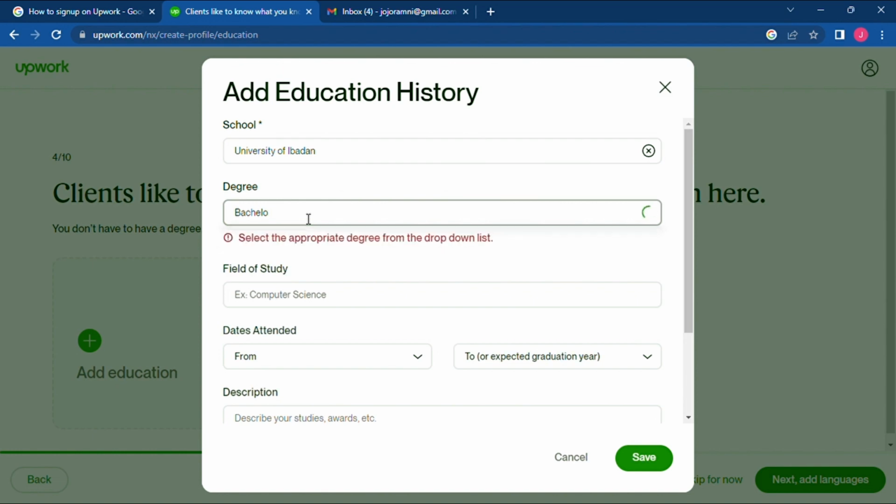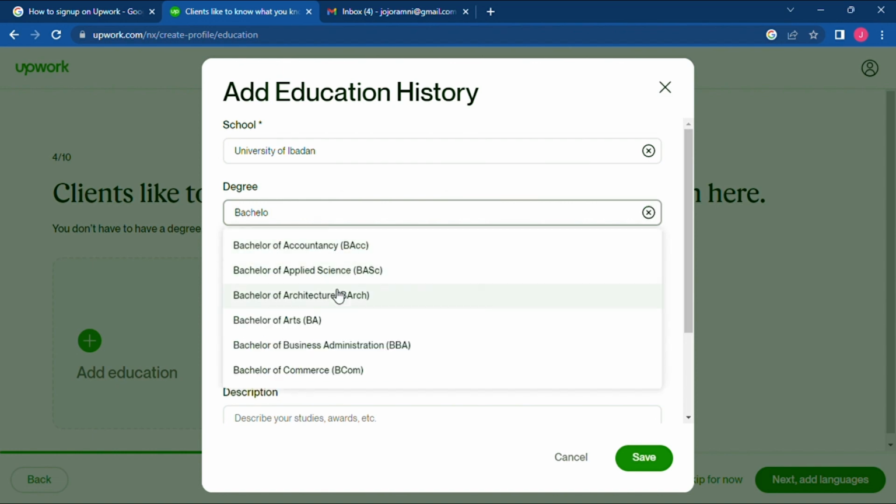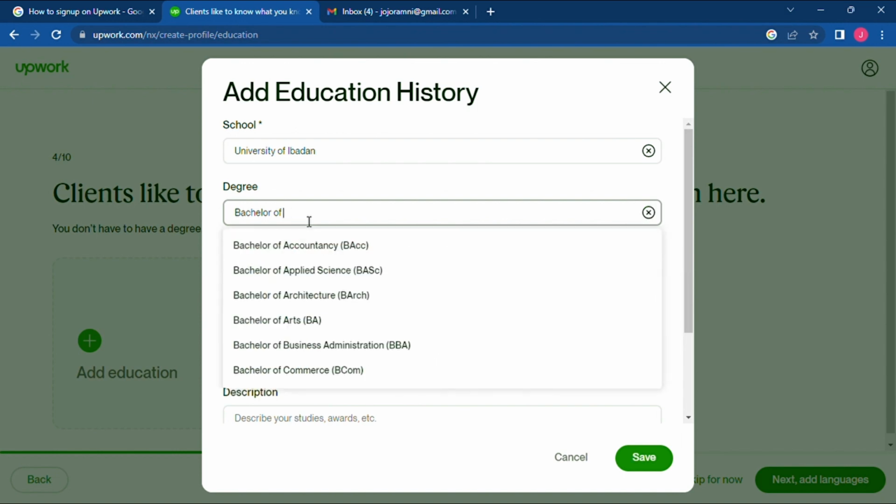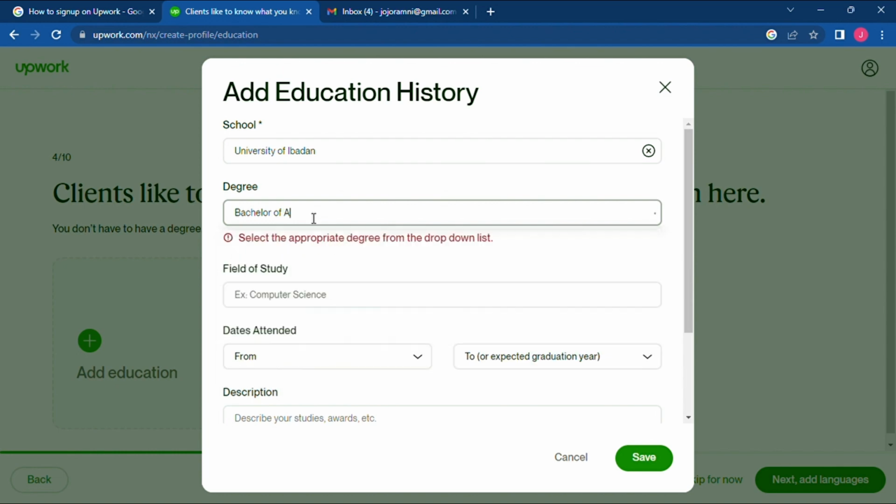So you have to check bachelor's. So bachelor's of what? So you can see there are different bachelors here, Bachelor of